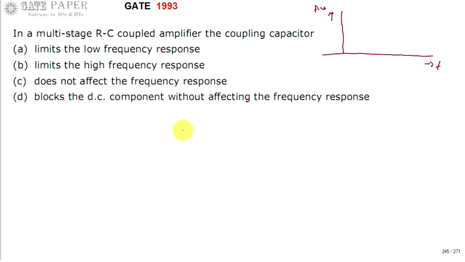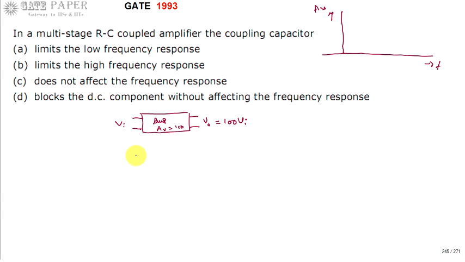The actual meaning of frequency response is this: let us assume you have designed an amplifier with a gain of 100, that is AV equal to 100. What is the meaning of the amplifier gain being 100? Whenever you apply an input signal, that signal is going to be amplified by 100 times and produced at the output. So that is 100 times Vi, what you are expecting.